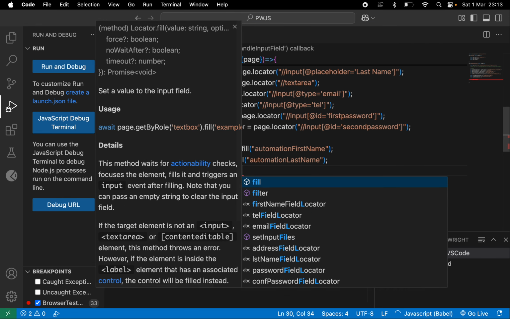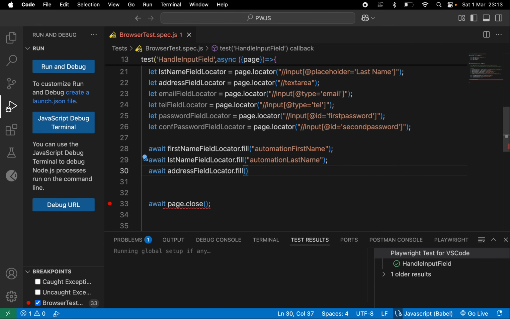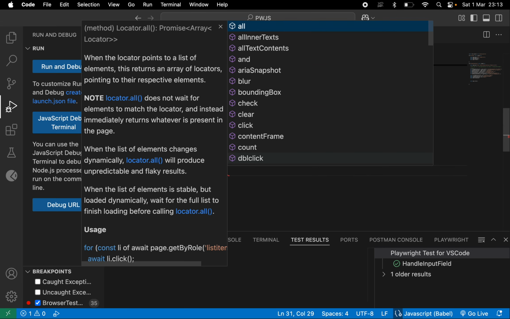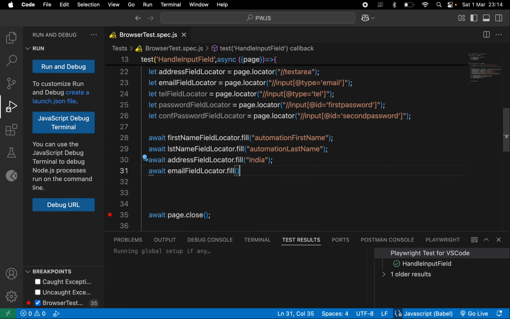I'll say the address, we can say India. Then email, fill, we can fill something like test at gmail.com,